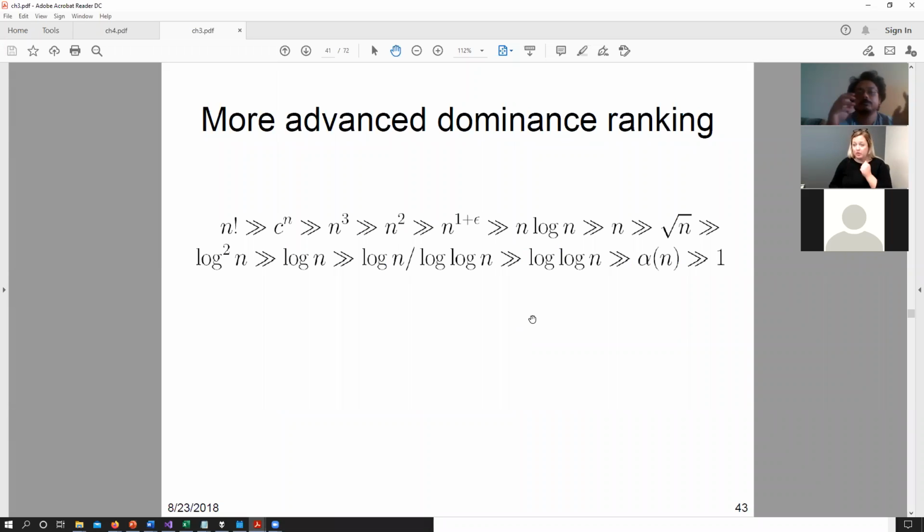During these slides, we are working through the difference in the equations and the orders of magnitude. So we are building up to more and more complex possibilities of equations. Here we see that n factorial has the largest bound till now. Before that, we also have n raised to the power of n. Then we have some constant raised to the power of n. Then we have your polynomials n cubed, n squared, and so on. Then you have n log n, which is slightly better than n, which is better than square root of n, and so on, right?